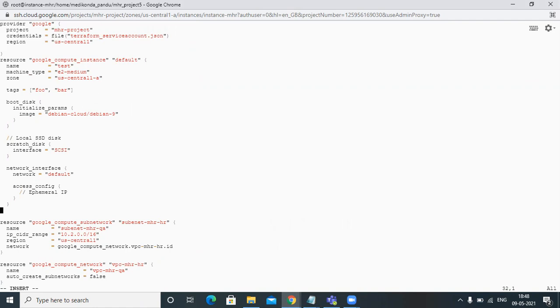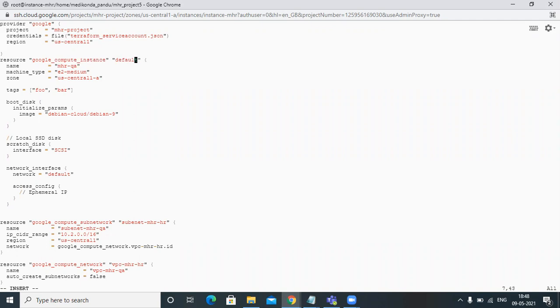So for that purpose, this is my instance name, I need to change it. MHR-QA instance, that is the instance name.